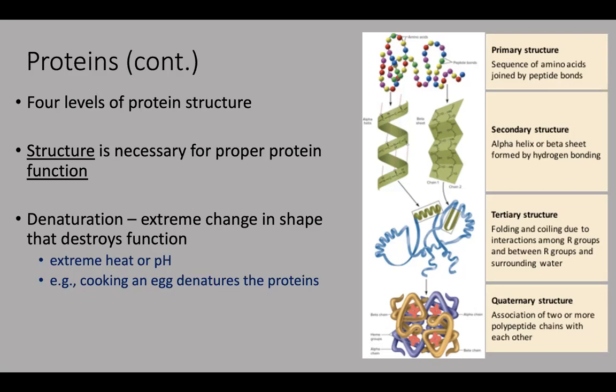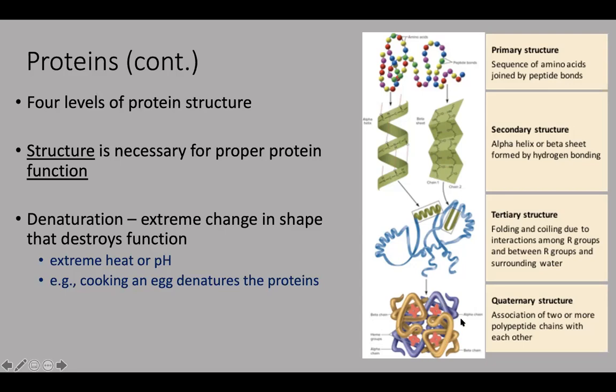So you've got primary, secondary, tertiary. That's still all just one amino acid chain. So primary to tertiary, you still just have one amino acid chain. It's just kind of folding over and over on itself. And then the quaternary structure down here, this is the final piece. This is where multiple amino acid chains come together to actually form the final protein. So that's why there's different colors down here. Those are individual amino acid chains that have formed their tertiary structure, and then they all come together to form the quaternary structure. So here you can see these different colors.